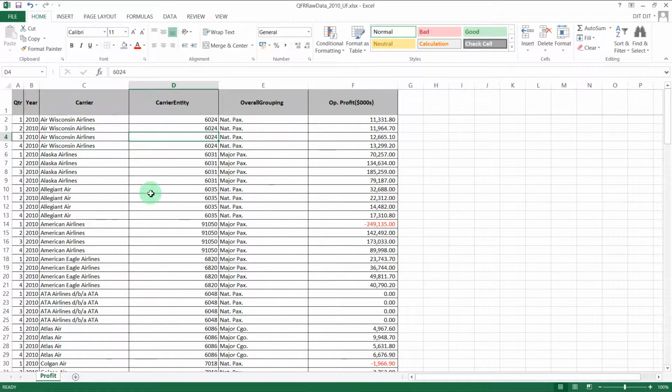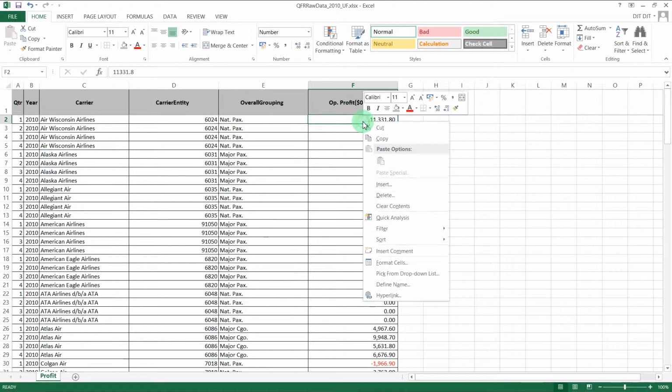So after that, perhaps we want to sort the data in some way, other than the order it came in. This is currently sorted by name of carrier, name of airline. Perhaps instead of that, we want to sort it by operating profit. So if we click here, it's F2, basically the top of the range of data that we want to sort. We can then, if we right click, go to the sort submenu here. There's various